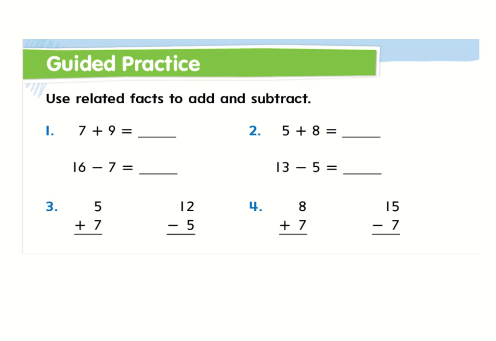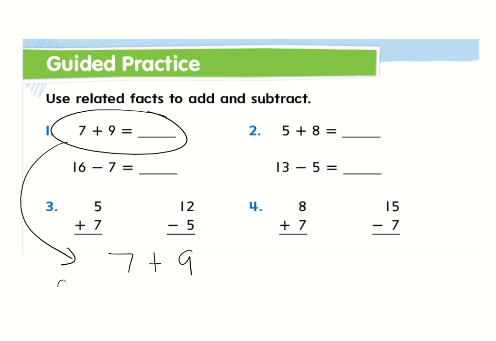We're going to do one of these problems here, and then I'm going to have you guys go off on your own. So let's actually do this top one. 7 plus 9. So I'm going to bring that right down right here. So if I have 7 plus 9, let's figure that out. So let's draw 7. 1, 2, 3, 4, 5, 6, and 7. And we're going to draw 9. 1, 2, 3, 4, 5, 6, 7, 8, and 9. Let's count those up. 1, 2, 3, 4, 5, 6, 7, 8, 9, 10, 11, 12, 13, 14, 15, and